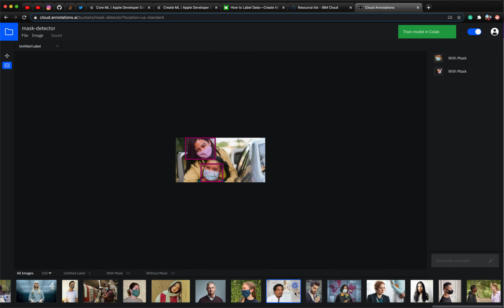So here you can see it has shown the count as 102 images. So I have renamed all of them. So sorry, not renamed, I have annotated all of them. And once annotation is completed, then you can come here, click on file, and then you can say export as create.ml, because we are going to create a machine learning model from the create.ml application. So that's why we are going to do this option here, export as create.ml.